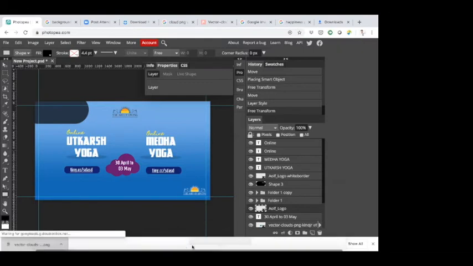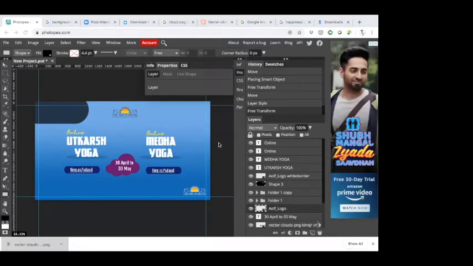Let me just open the chat. Can text in an image be a hyperlink that opens in a browser on click? That is a very good question, Durgesh. It cannot be, because JPEG is actually a compressed form of an image. For that, you will probably have to save it as a PDF, and inside a PDF, you can always have hyperlinks. Does that answer your question?